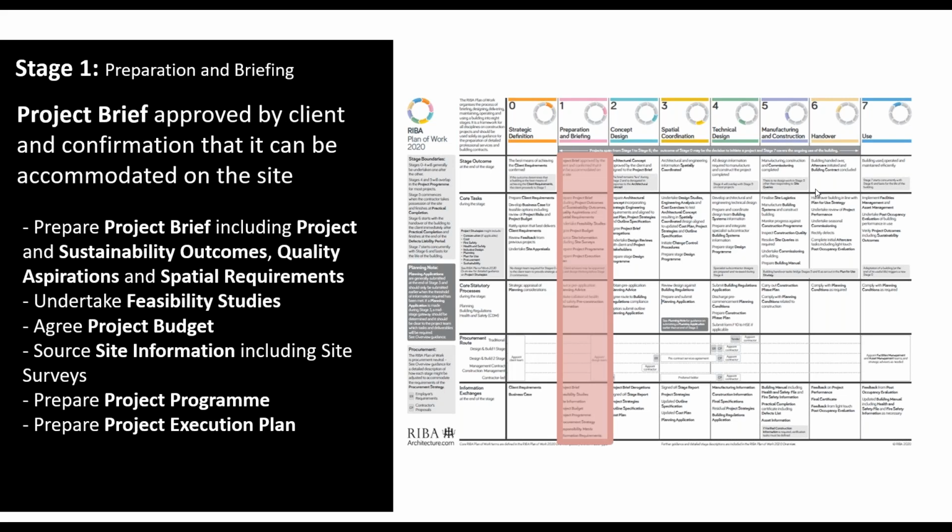So stage 1, now that we know that a building is the best way to achieve the client requirements, we need to develop a project brief. We need to look at a whole bunch of briefing topics. Now, whether that's the sustainability outcomes or what the quality aspirations are, we need to begin to build all that data. And of course, crucially, the spatial requirements become really important, because the area of a building has a close correlation to the next topic, which is the project budget. We obviously need to get some proper site information, which may in the past have been a topographical survey, but increasingly it becomes a point cloud survey.